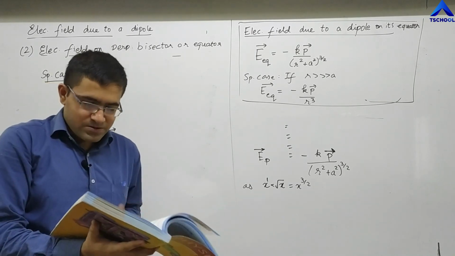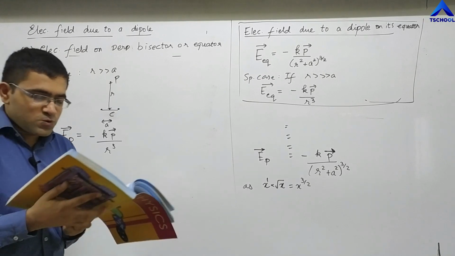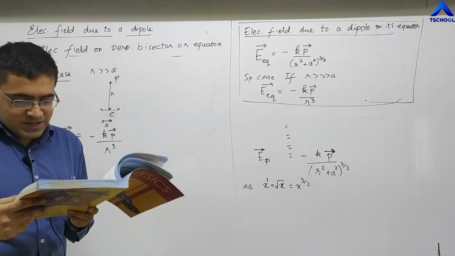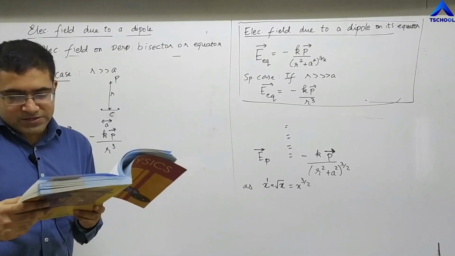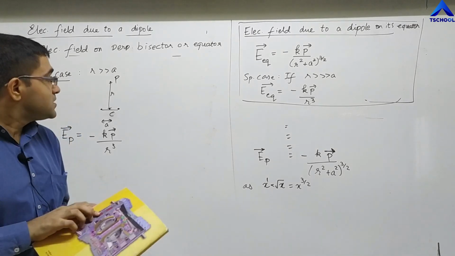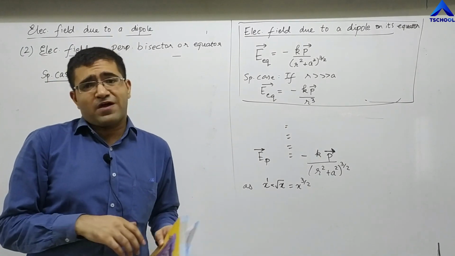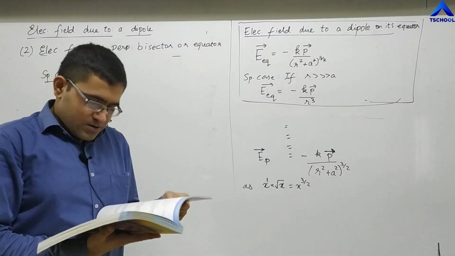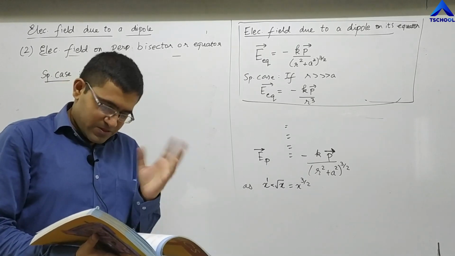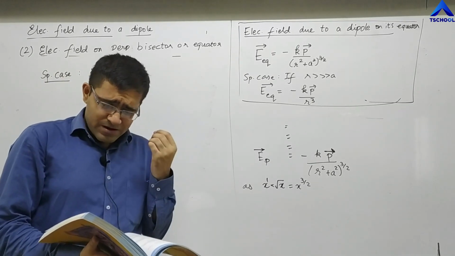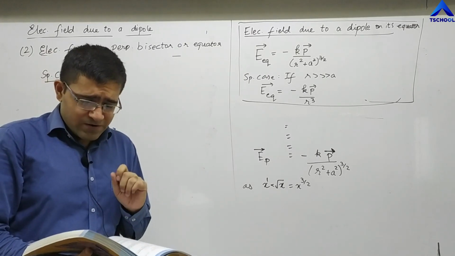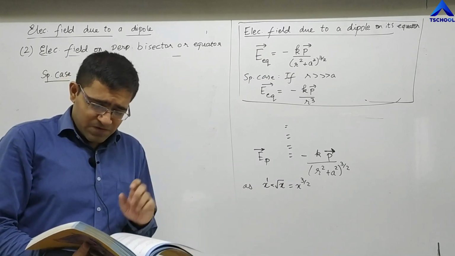Two charges, plus 10 and minus 10 microcoulomb, are placed 5 mm apart. So the distance between the two charges is given, it is 5 mm, right? And determine the electric field at A. So there are two parts. A, at a point P on the axis of the dipole, 15 cm away from its center on the side of the positive charge, as shown in the figure